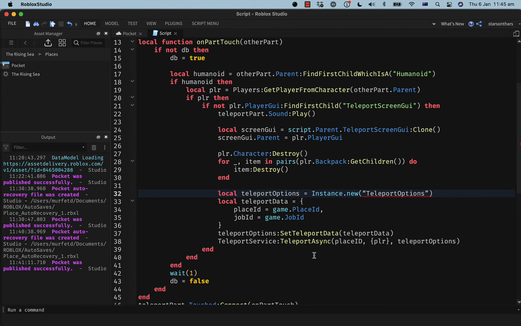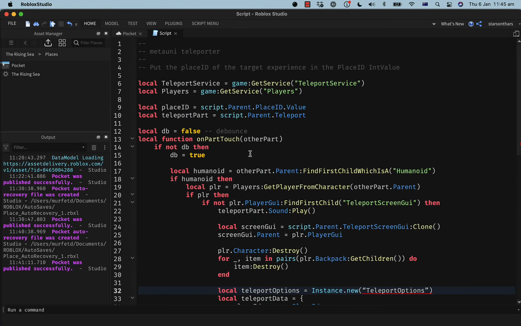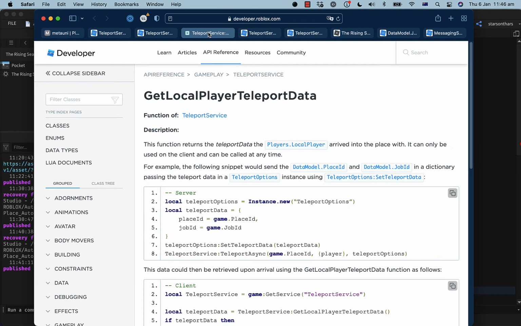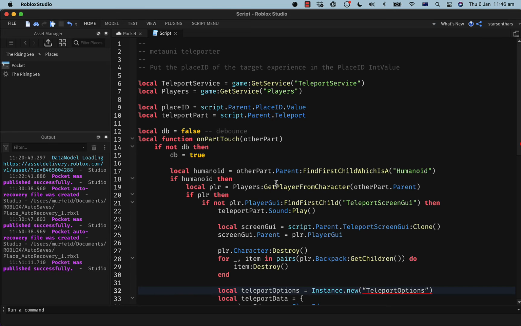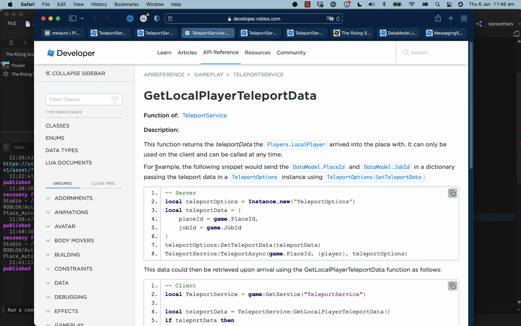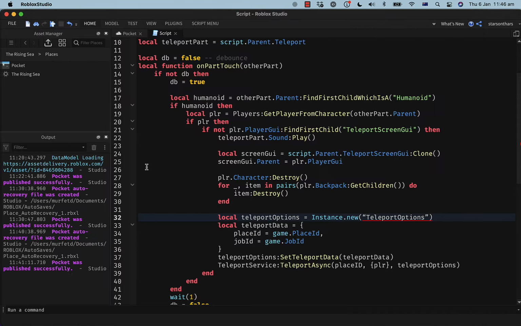Okay, so where is this? This is in the pocket. It just looks this up at the time, right? So, get local player teleport data. Is this a script? This is a script. I can only do this in a local script. What to do?